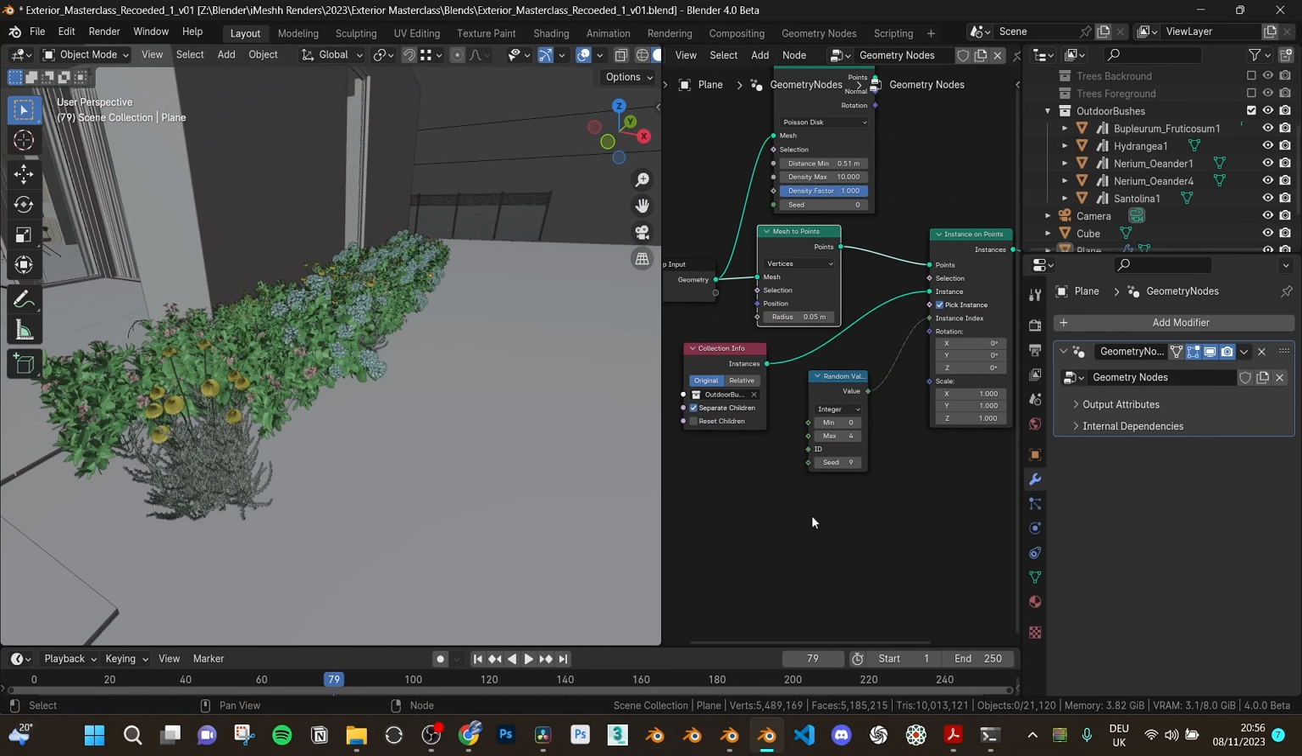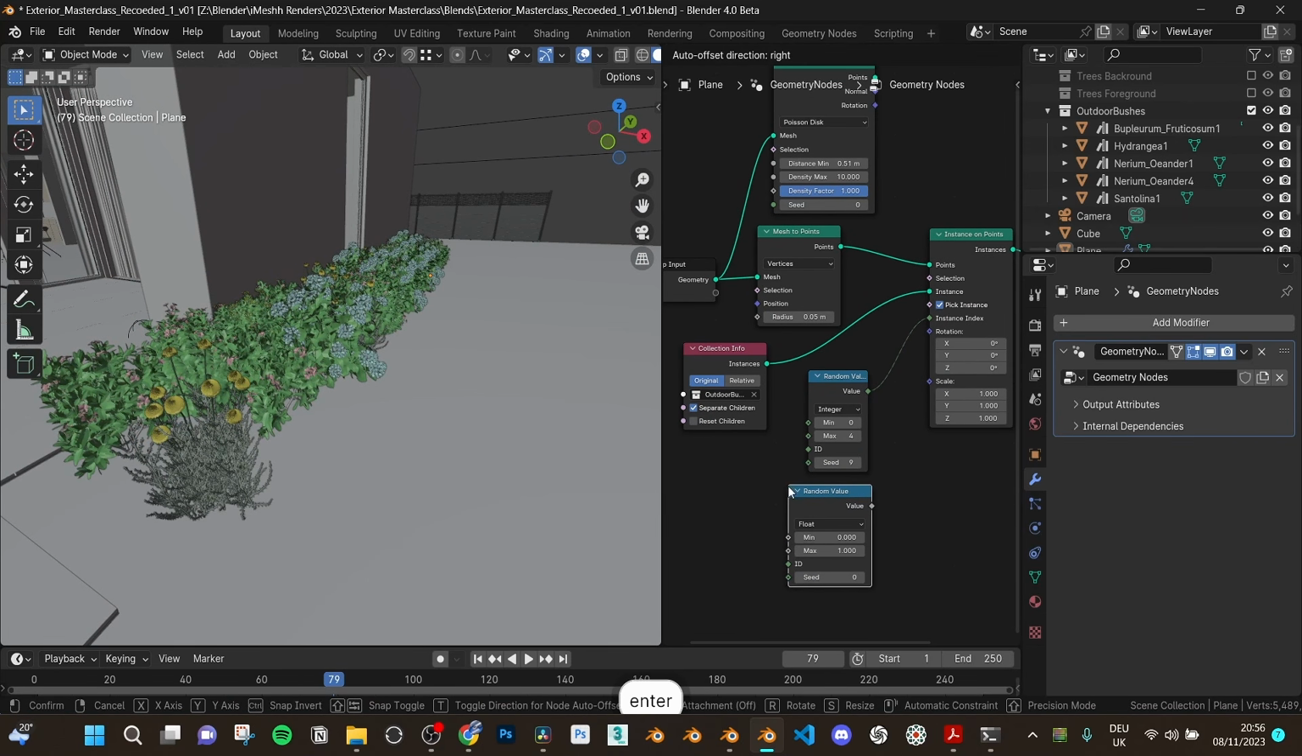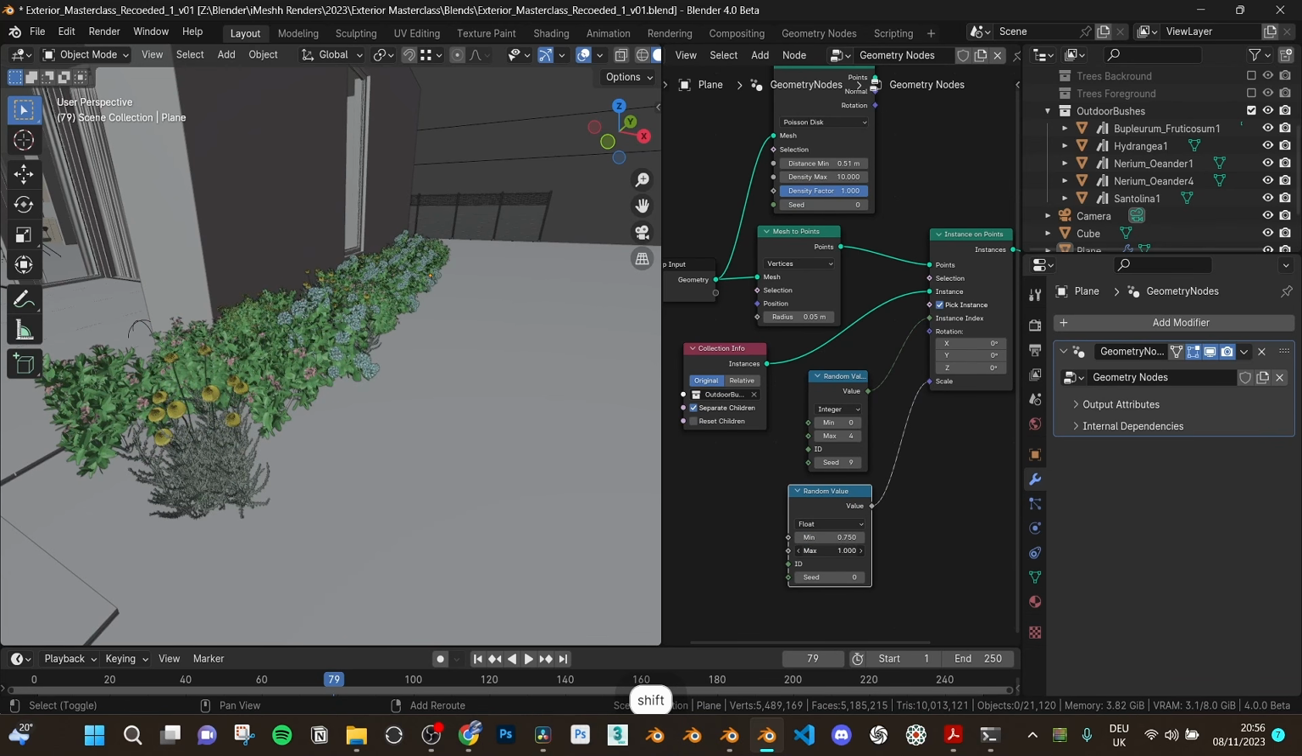So what I'm going to do now is actually randomize the scale. Random value again, plug this into here, and set the minimum to 0.75 and the max to be 1. Then for the rotation,